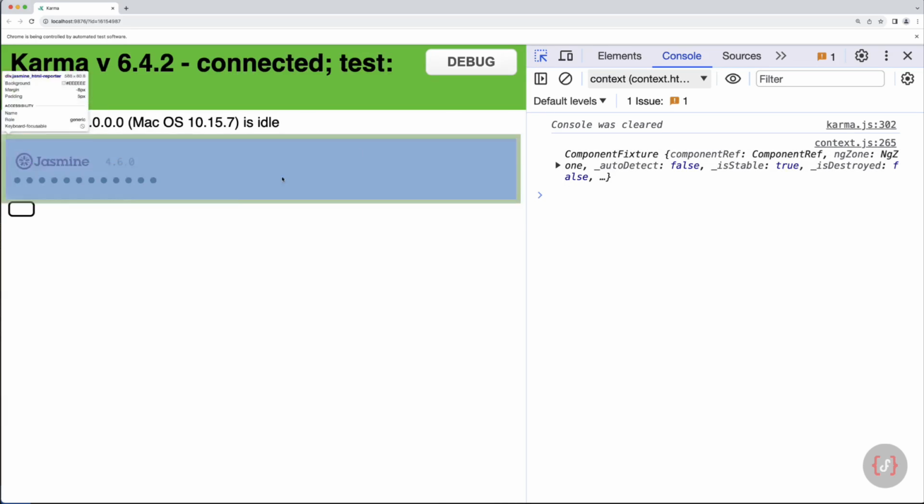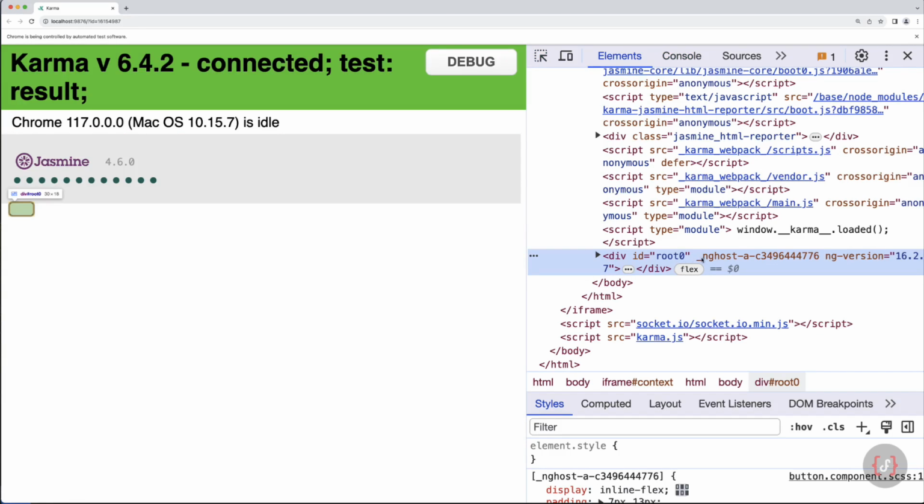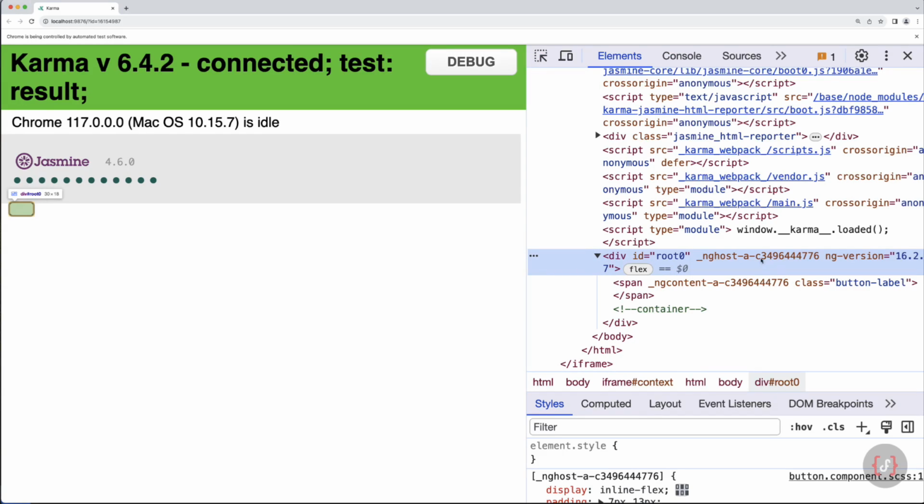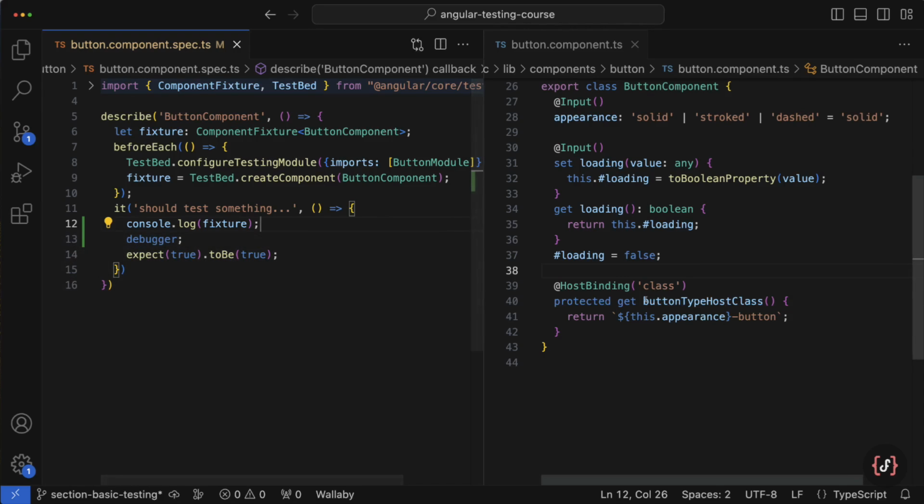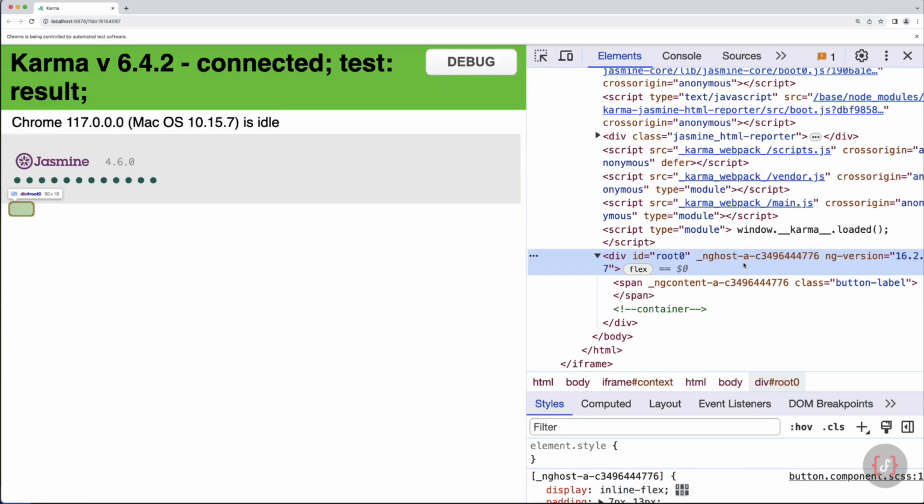This is because if we have a look at the HTML of this button, we will not find the special CSS class that has to be attached to the host element, which role plays this div element with the ID root 0. Because if you have a look at the implementation of this component, we have this host binding and we bind the class which name should be combination of the appearance string, so in my case should be solid, and the button suffix. But we don't see it right here,